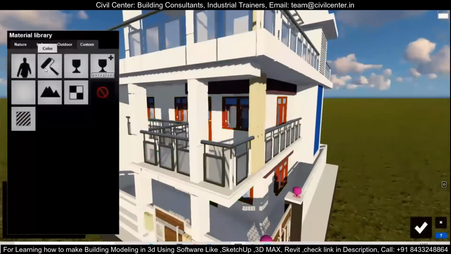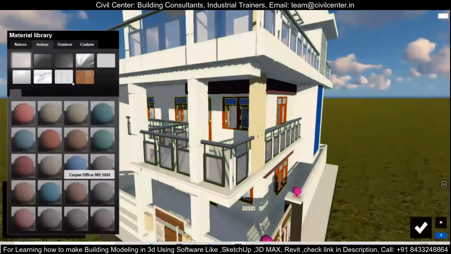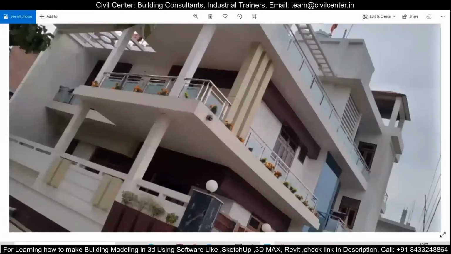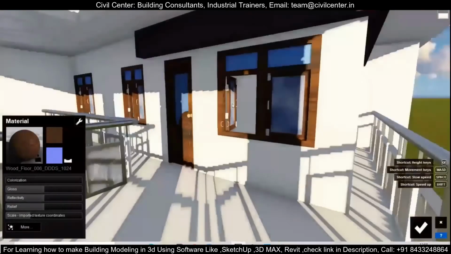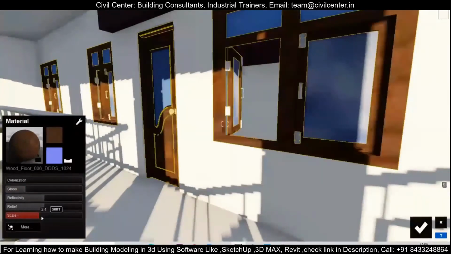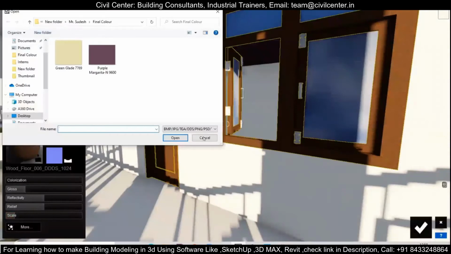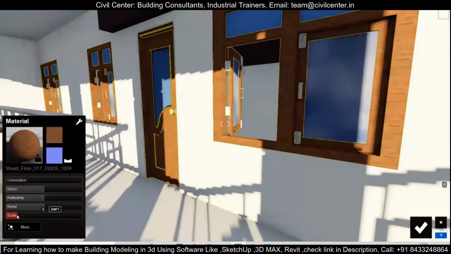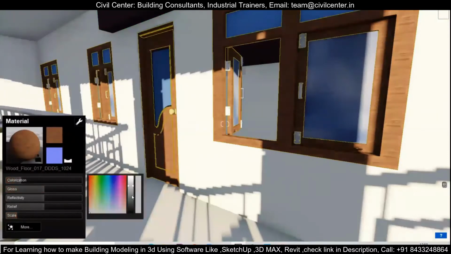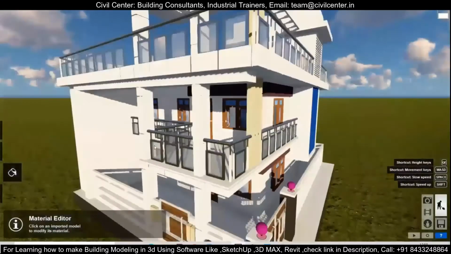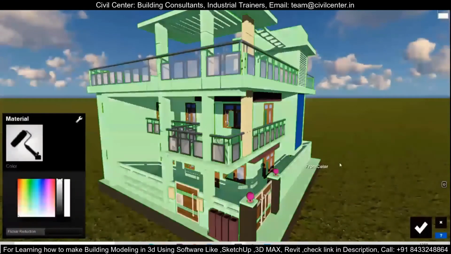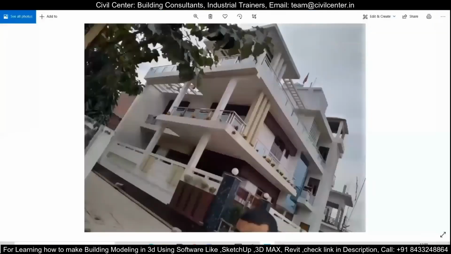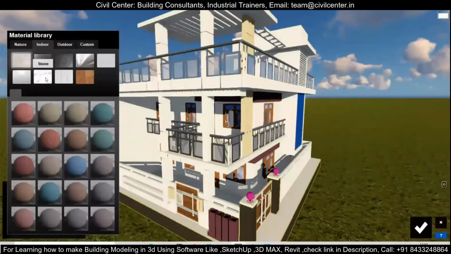Okay. Now let's change the color of the wood. For that I have selected my windows and the wooden panel in the windows. And from here I can change the color. I can also scale it to the value I want. And if I am not liking the wood, then I can always change it again. Okay. So you need to first decide what color or material you are willing to provide in the Lumion model. So I have provided the wood over here.